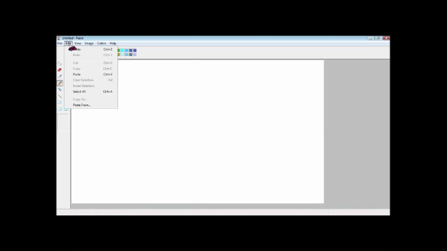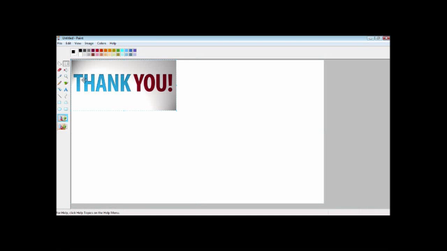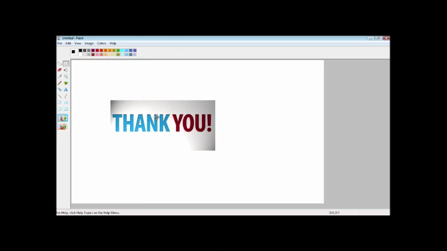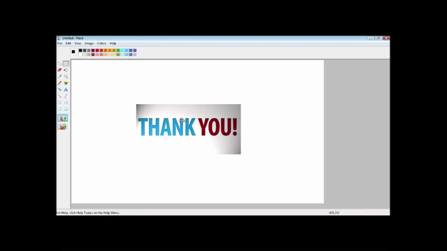So go ahead and click edit and paste, and your image is already selected by default. So now what I usually do is I just kind of drag it to the middle of the window. This way you have room to work on the top and bottom of the image. That's pretty much in the middle. So now if you want to add borders to your image, just go over to where your tools are on the left, click on this rectangle tool,